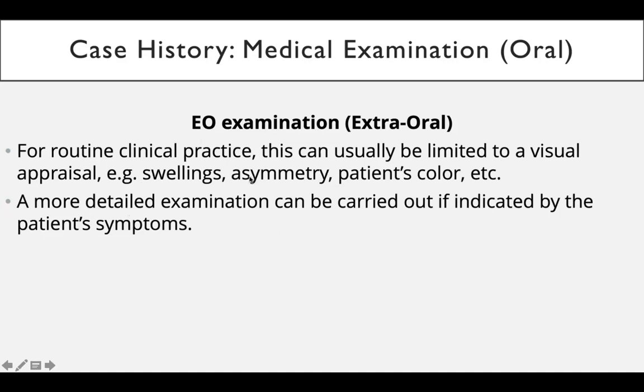A more detailed examination can be carried out if indicated by the patient's symptom. For example, you have a swelling on the patient's lower jaw. Now a detailed examination is needed. You need to examine the swelling. You need to touch it, see if the texture is rough or smooth, and whether it is movable or attached to the underlying surface. If it's hard, if it's cystic, if it contains fluids. And then a light test, you take a torch and see if it has fluid or not. If you find an abnormal finding in the extraoral examination, then you go for a more detailed examination of that part